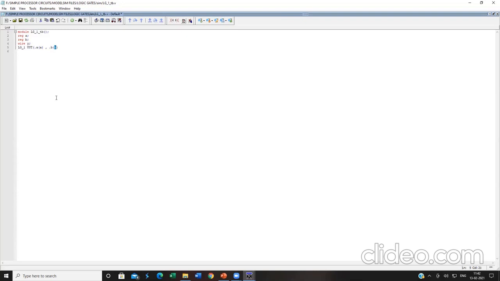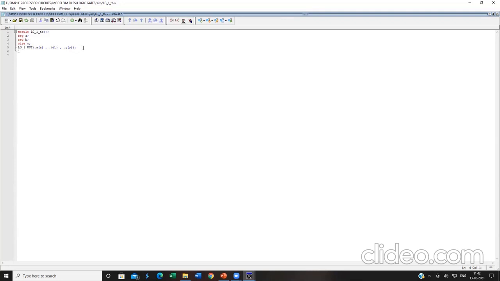The B present within the parenthesis belongs to UUT. Similarly, dot Y. Here also the same case. The Y outside the parenthesis belongs to LG_1. The Y within the parenthesis belongs to UUT. So this is called your instantiation.